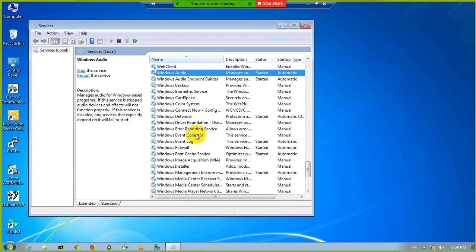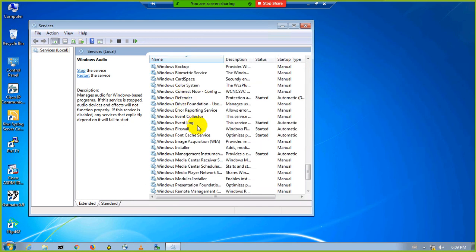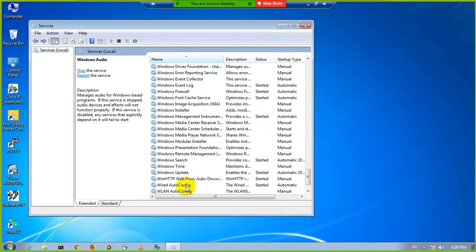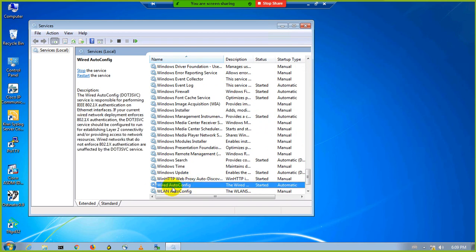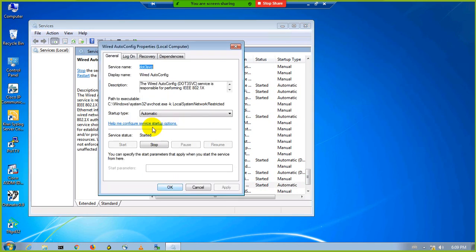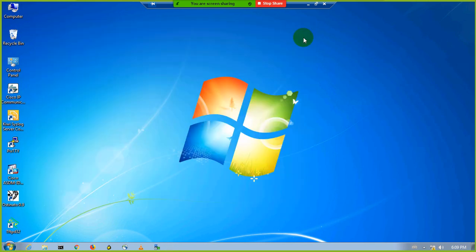Wired AutoConfig means wired auto configuration for 802.1x authentication. You need to click first, and it has to be automatic and has to be started. But in this EVE it is automatically enabled, so I don't need to do it, but in real life you need to enable this one. Done.